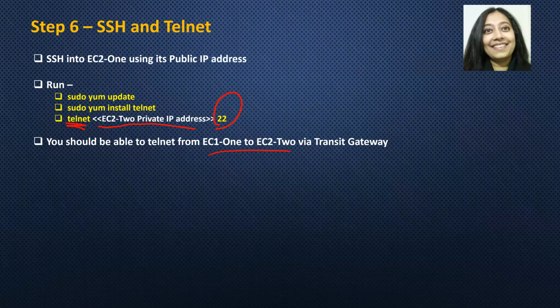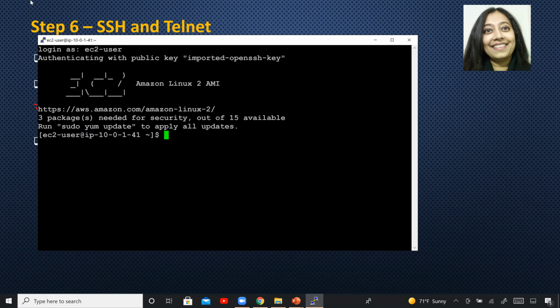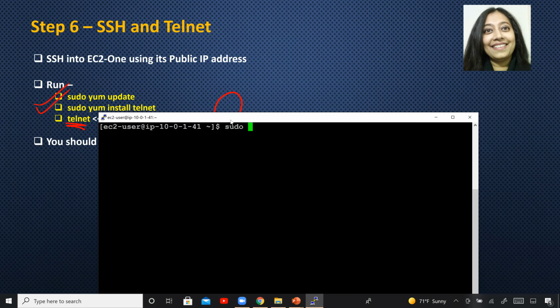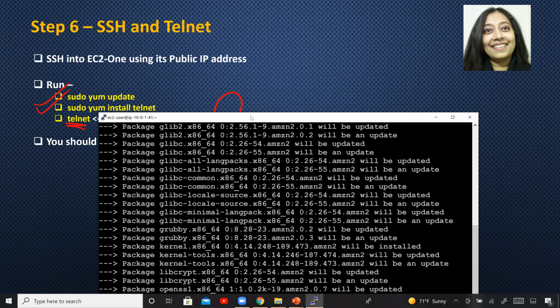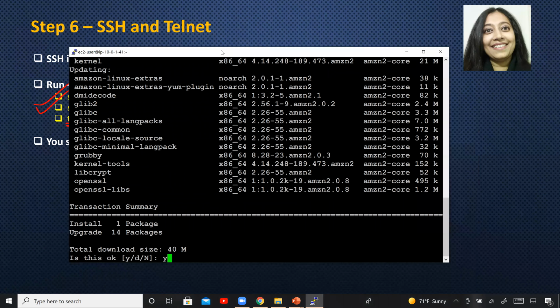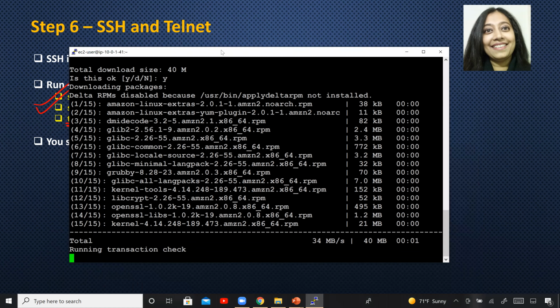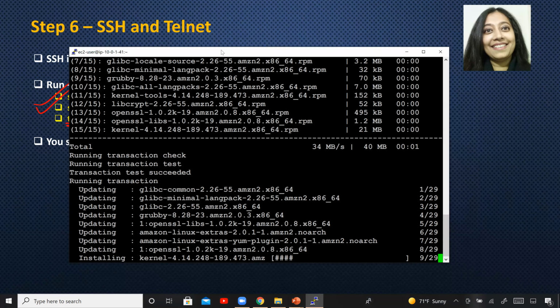So the first thing that we are going to do is install any kind of updates and then install Telnet. So let's install some updates. I'm going to clear the screen. Sudo yum update. Yes, it is performing all the updates right now.